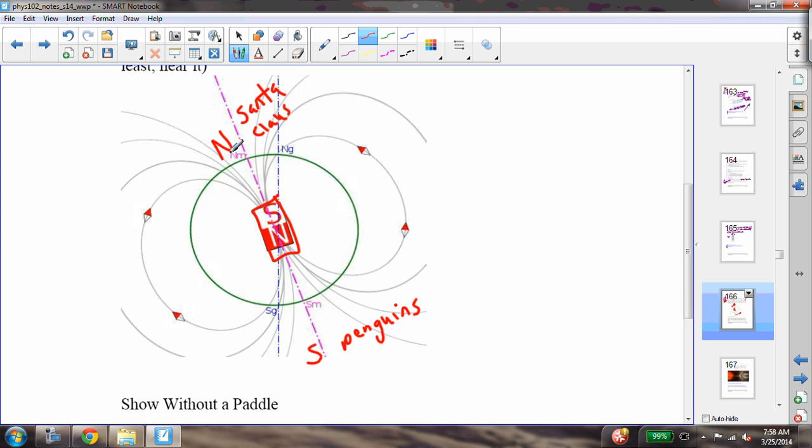However, note here that the northern geographic pole is actually the southern magnetic pole of the Earth. If I were to take up my compass, over here, I'm standing here with my compass. Remember, the north points in that direction, towards the north, and the south points in that direction. The south pole of my magnet actually points towards the northern magnetic pole of the Earth, but that's